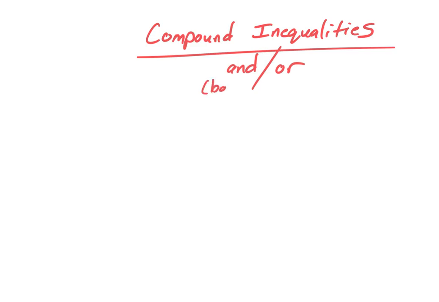And means it has to be true for both inequalities. Okay? It has to be true for this one and it has to be true for this one. Or means it has to be true for either inequality. It could be true for this one or it could be true for this one, but it doesn't necessarily have to be true for both. So there's a big difference between those two. And there's going to be a difference in our answer then as well, and we'll talk about how we can express that. All right, so let's start with